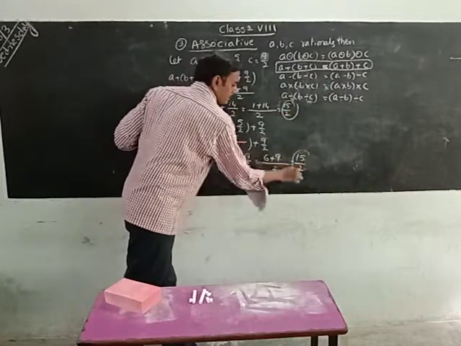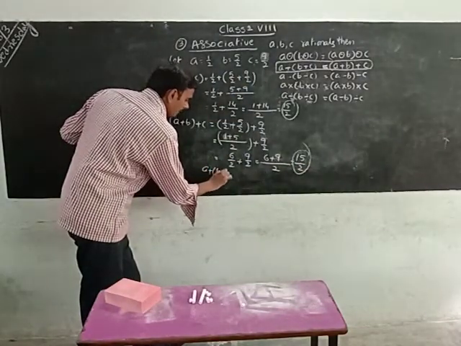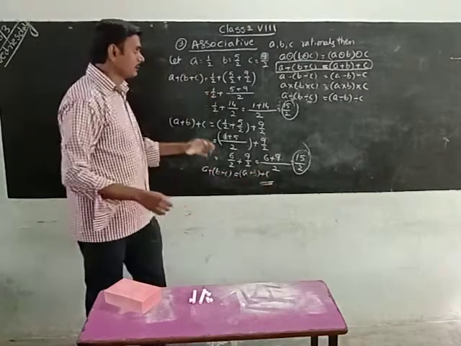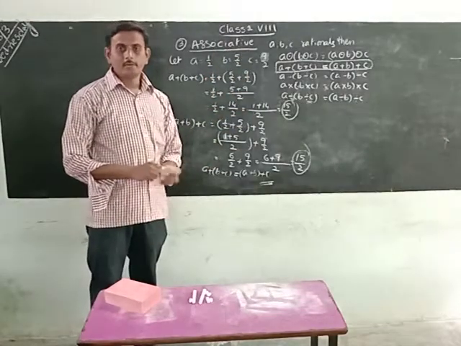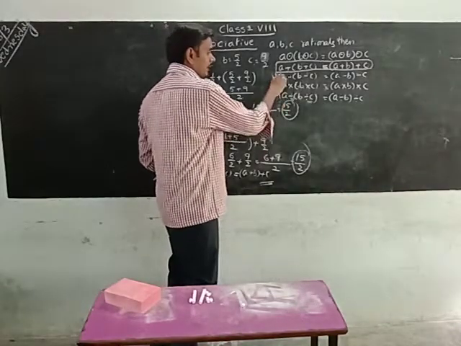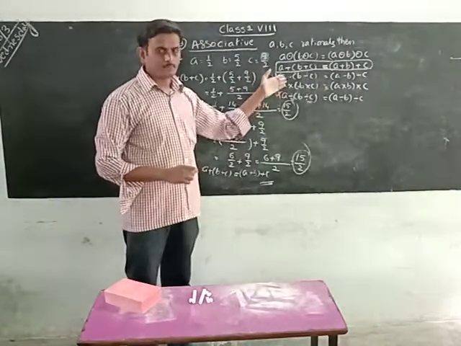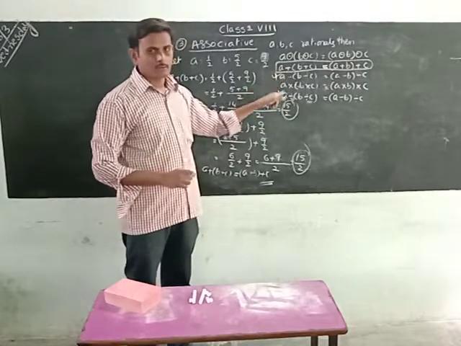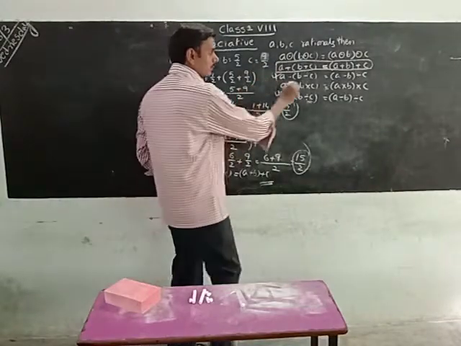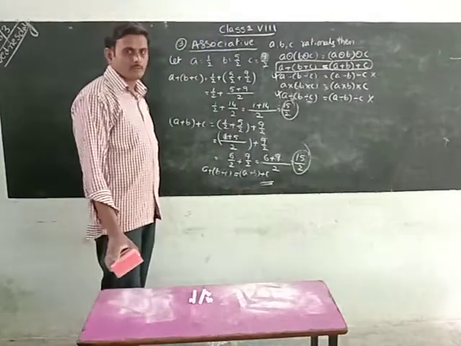Both solutions are same or different? 15 by 2, 15 by 2. So we can say A plus (B plus C) equals (A plus B) plus C. That means the associative property will follow for rational numbers with a plus sign. By using minus sign, the associative property will not follow. Similarly, the commutative property will also not follow for these. Only these two will follow the associative property of rational numbers. These will not follow, by using subtraction or division.